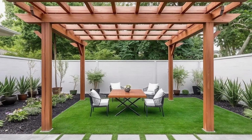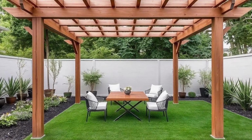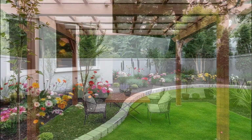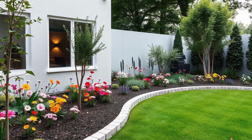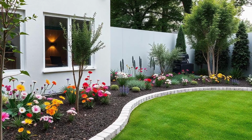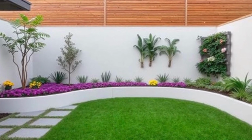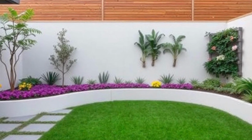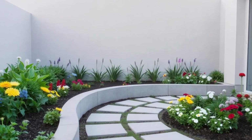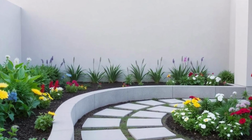For fountains or modern water walls, linear LED lights can outline the feature's edges, enhancing its clean, contemporary design. Minimalist lighting also plays a role in framing outdoor living spaces. A covered seating area or pavilion, for instance, can be illuminated with recessed lights that provide a cozy yet unobtrusive glow. Pendant lights or a slim, modern floor lamp can further define the seating zone, emphasizing its function as a